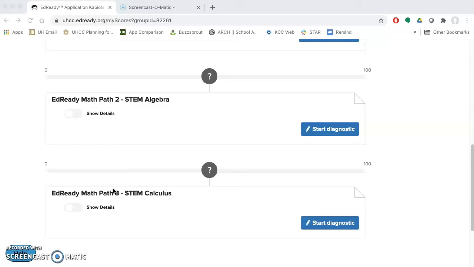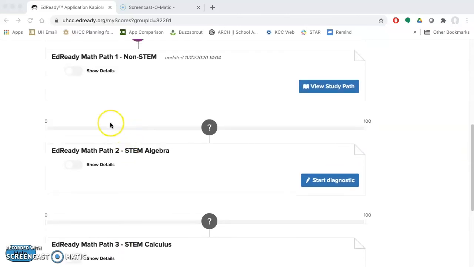And so I actually had a student who was just curious about what Math Path 3 was going to look like. So that student took Math Path 3, even though that student did not take trig or pre-cal or anything like that, because the student was just curious, and that's totally fine. Student went through the process, got a score, and maybe it was just a reality check like, yeah, maybe I'll just stick to what I scored in Math Path 2, which is, again, perfectly fine. So remember, the EdReady placement test is not a pass-fail exam. It's just a placement test.